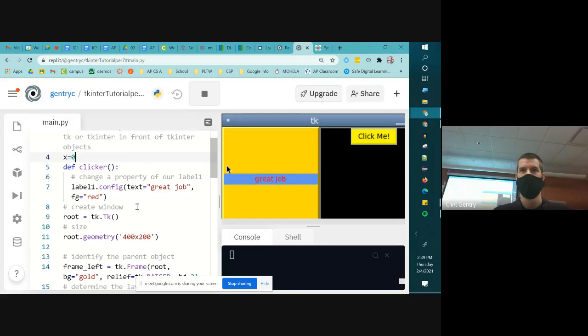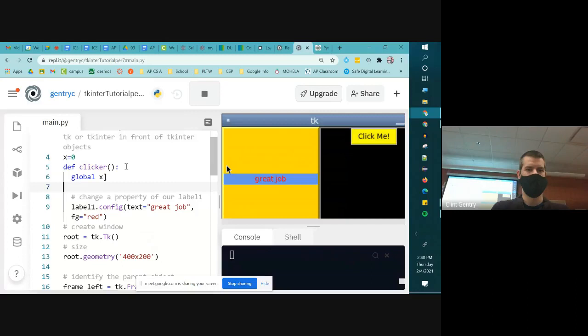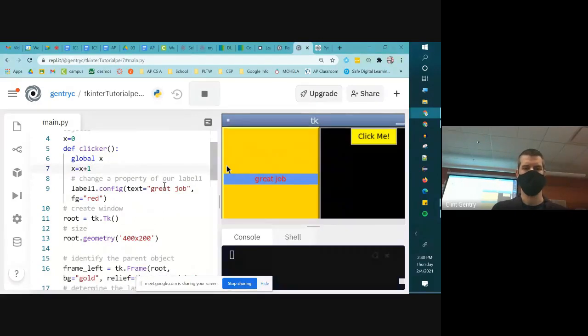Real quick, let's make a little clicker here. I'm going to go x equals 0. Global x, because I want to change the value of x inside a function and this is a global variable. x equals x plus 1. And instead of just great job, I'm going to go great job. You've clicked